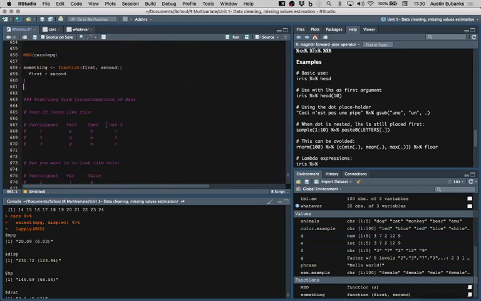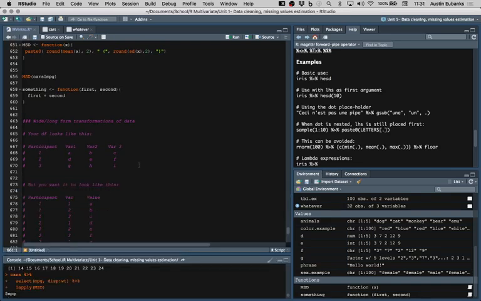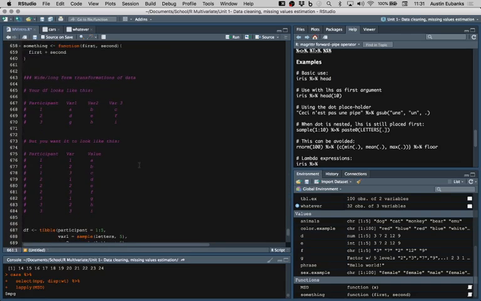I got one more thing to talk about, and that is transforming your data frames from wide format to long format. So let's say that you have a data frame and it looks like this. You have participant 1, there's 3 variables, variables 1, 2, and 3, and their values were A, B, and C. And participant 2, variables 1, 2, and 3 were D, E, and F, and for 3 it was G, H, and I. And instead, what you want is